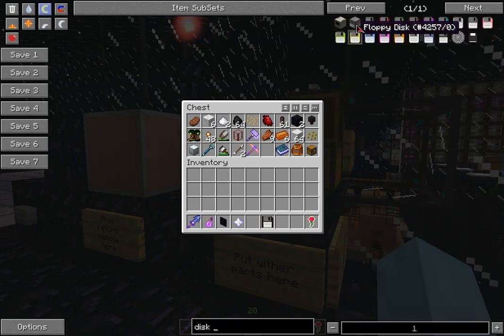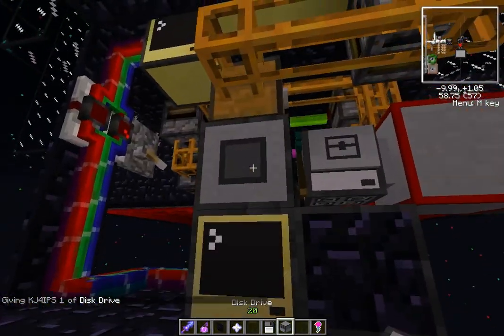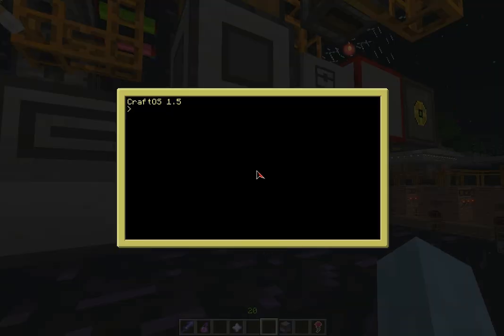I probably broke mine. So I got a disk drive, and then a CraftOS startup disk. This is literally just a floppy drive with an empty startup file on it. And then when I Control-R reboot this machine, as you can see, we're at the CraftOS prompt here, because the startup disk ran. So if I take a look at wither,